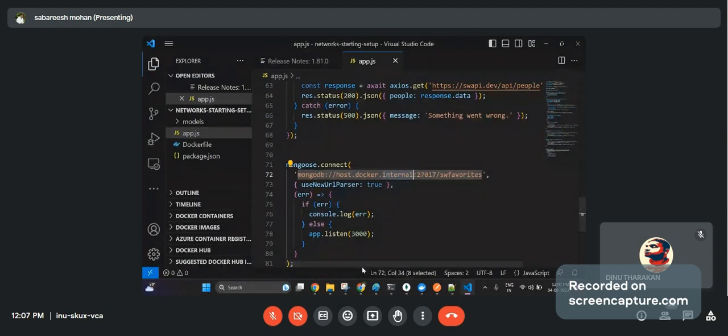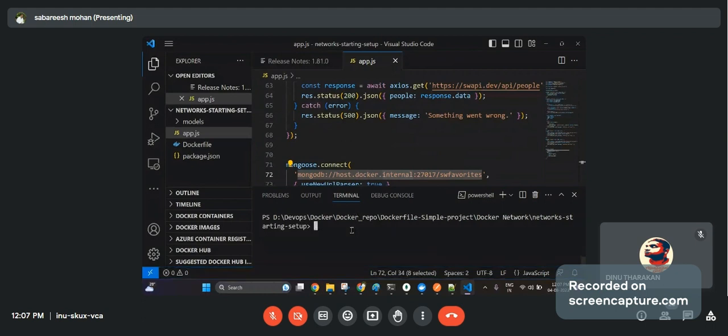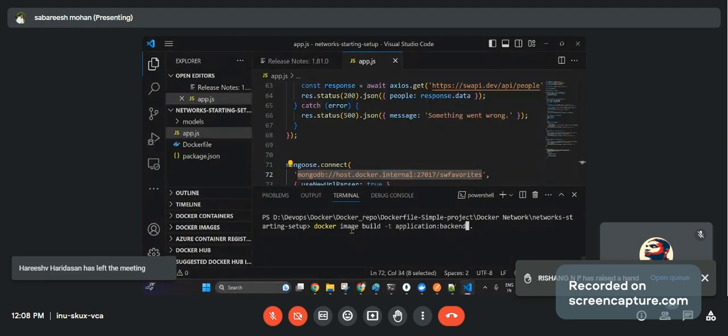Okay, so now I'll build this image again because I modified the code, right? Yes, this is only for the local connection, like a backend connection, from the container to the host application. In real time this does not happen, this issue will only come in demo testing or in your testing phase.